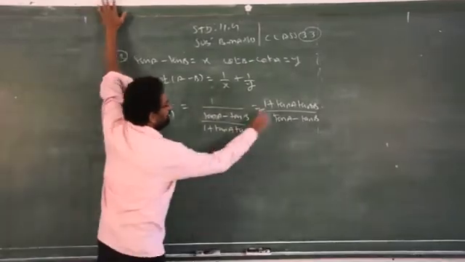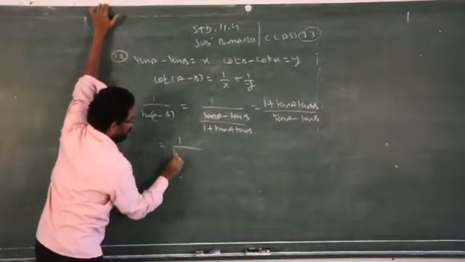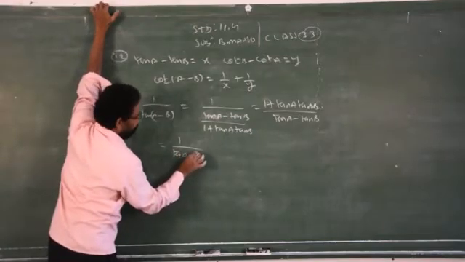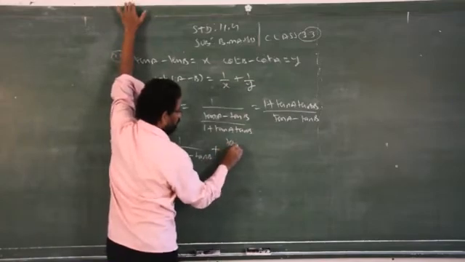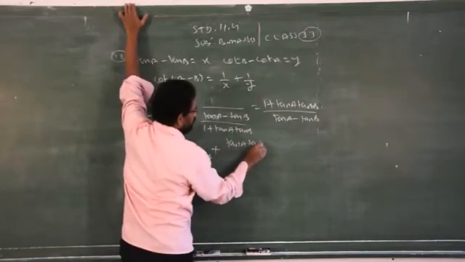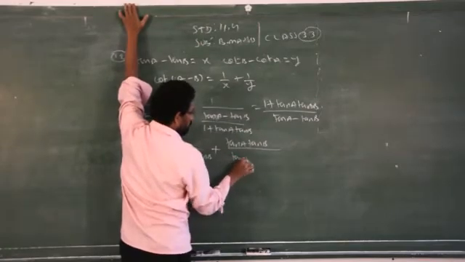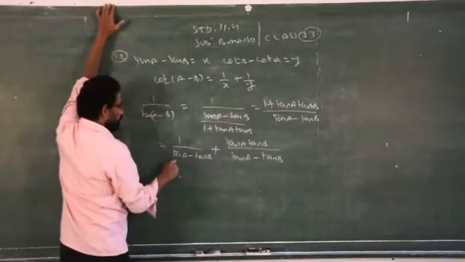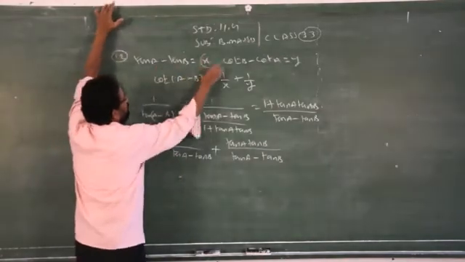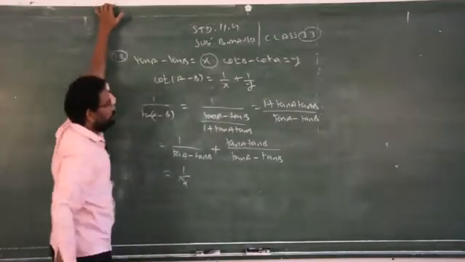I am separating the numerator with respect to the denominator. So I got 1 by tan A minus tan B plus tan A tan B over tan A minus tan B. So you know already tan A minus tan B is given how much? X. So just you have to replace 1 by X. I got the first term of the right hand side.